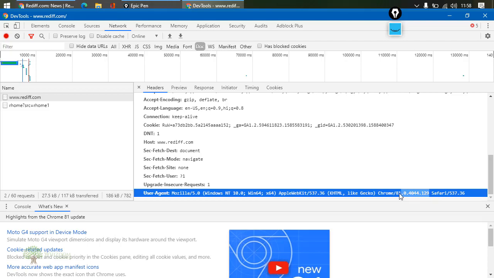This is my current browser version for Chrome. I'm using Windows 10, so Windows NT 10.0, and it is 64-bit, so Win64 or x64. All this information is sent with the request.